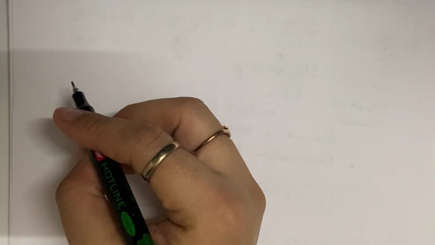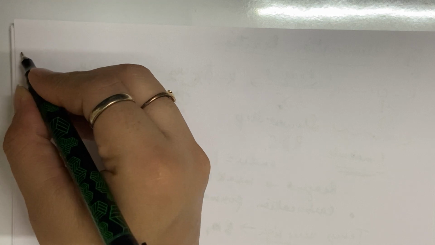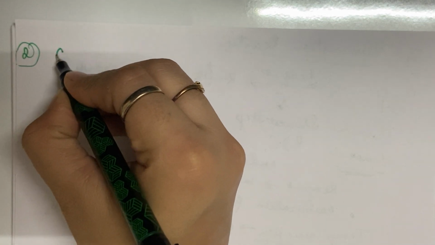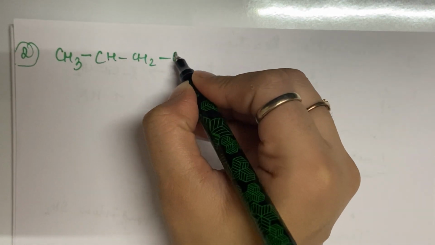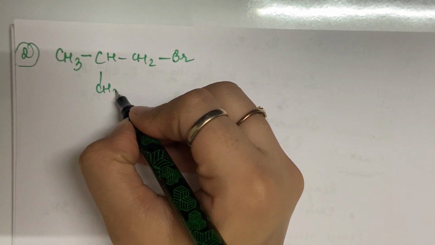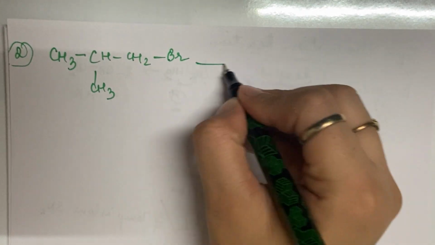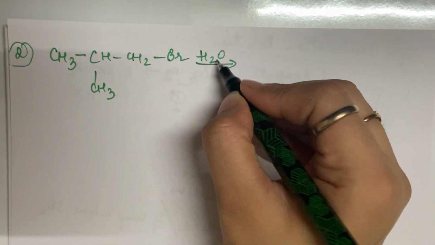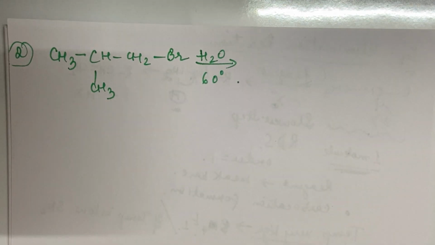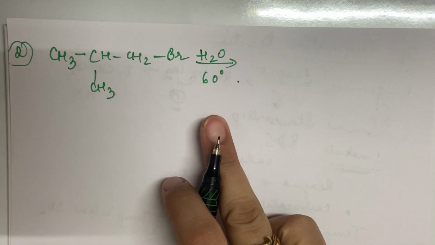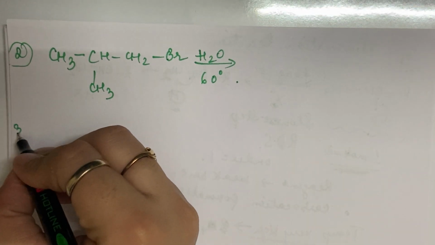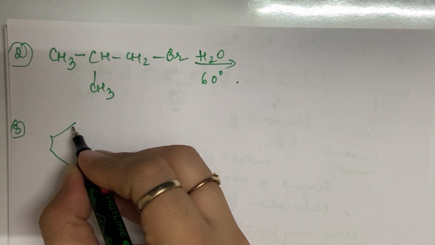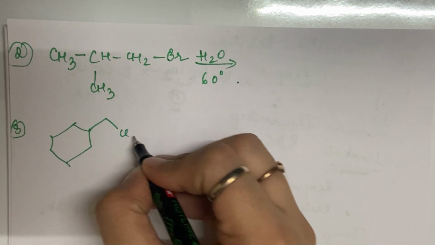Alright. Okay, let's try one more question. Please keep one thing in mind, that we have carbocation formation in this case. So wherever carbocation formation is there, it means that rearrangement is also possible. So you have to check whether the rearrangement of the carbocation can take place or not. So temperature is given to you and a nucleophile is given to you. You can try the product. Next, this is chlorine.